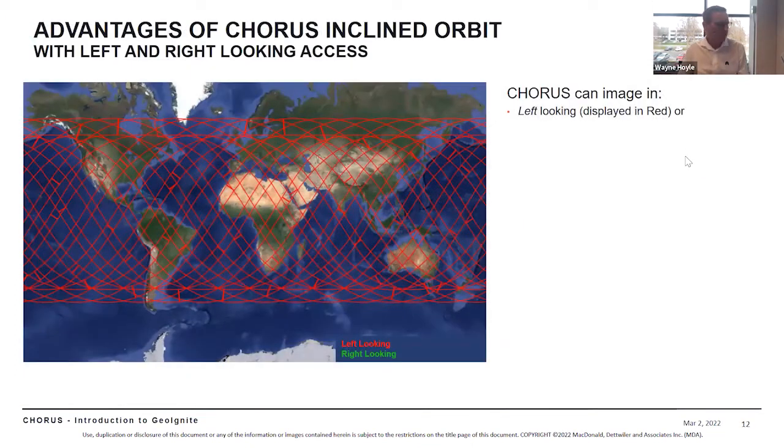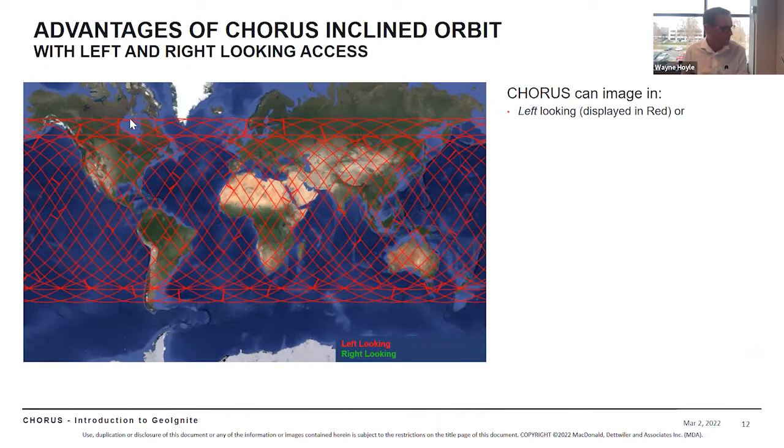Shifting a little bit to the orbits that we've selected and talking about the advantage of the inclined orbit. What I'm showing here is the ground track, the accessible swath that we're going to have for CHORUS. And this is in a left-looking mode. So everything in red is left-looking. And what it's basically saying is we get